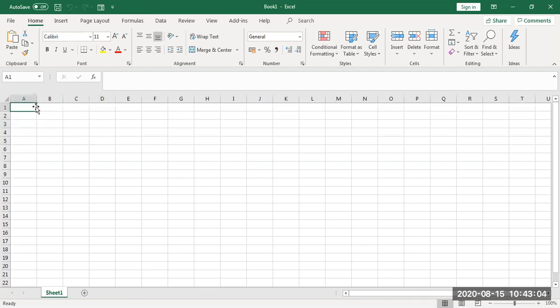Another thing to remember is the cell address which will be displayed in the name box. I hope you remember this concept. This is called the name box and this is called the formula bar, right? So what will be the cell address of this selected cell? It is G, and this side it is 8, so it is G8. The selected cell in Excel we call the active cell. Remember, the cell which is selected I call the active cell. And Excel is a combination of rows and columns. So in today's session we will start with working in Excel.